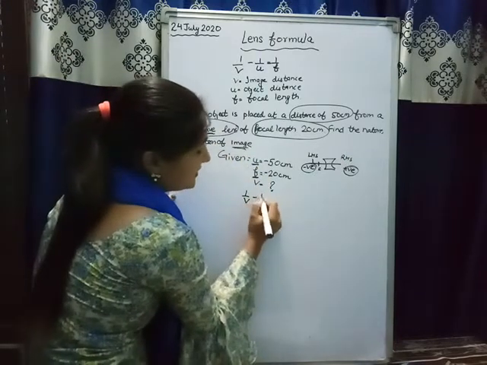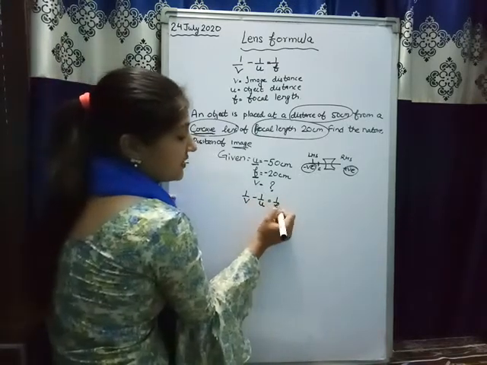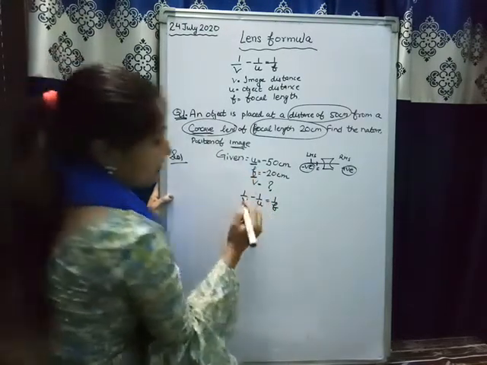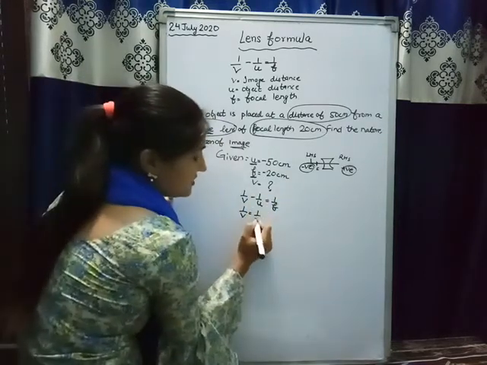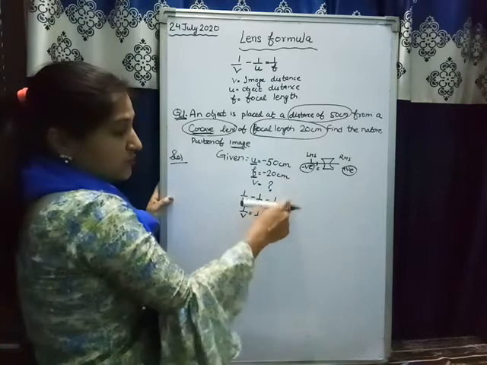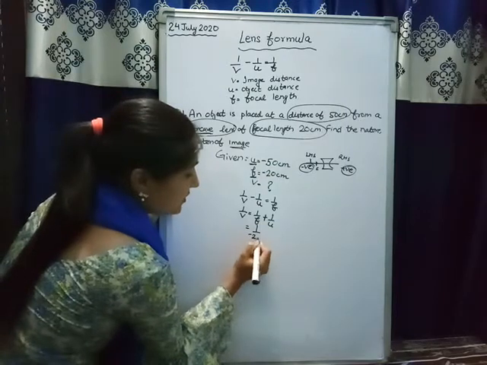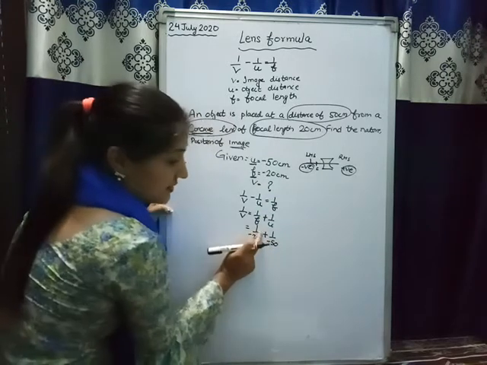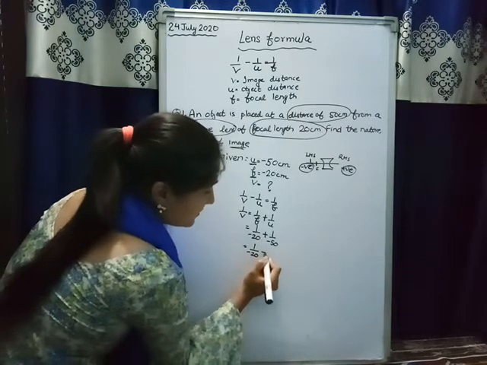Okay, now we have to find out the image distance, and this is the lens formula. So you have to write the lens formula. 1 upon V minus 1 upon U is equal to 1 upon F. Now put the value of U and F in it. We have to find 1 upon V. Take 1 upon U to this side, that means 1 upon F minus 1 upon U. Here it is negative. When it goes to this side, it becomes positive. Now focal length is 1 upon minus 20 plus 1 upon minus 50, plus minus becomes minus. Good. Minus 1 upon 20 minus